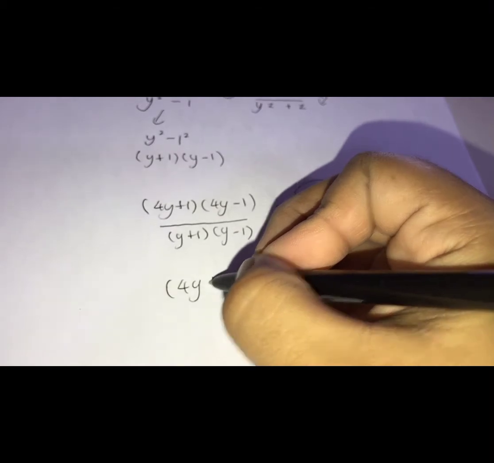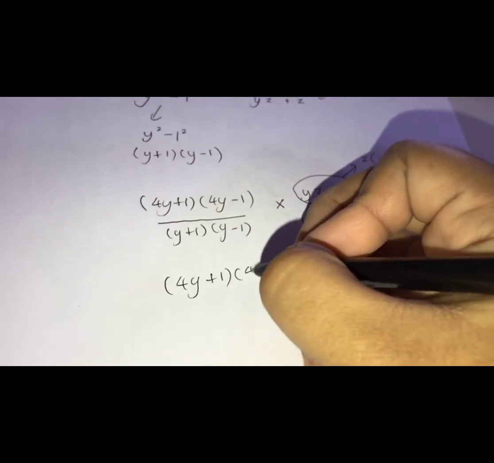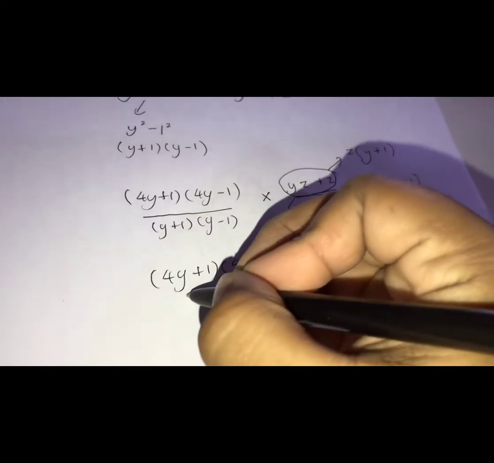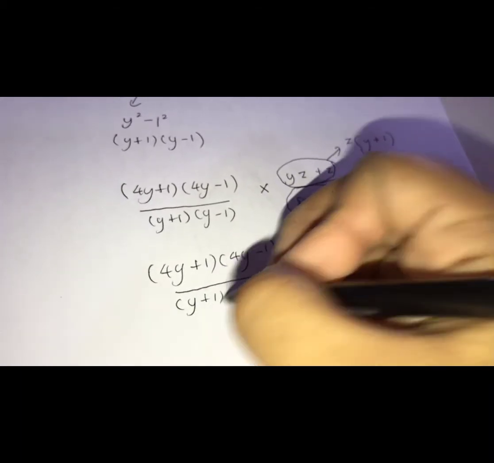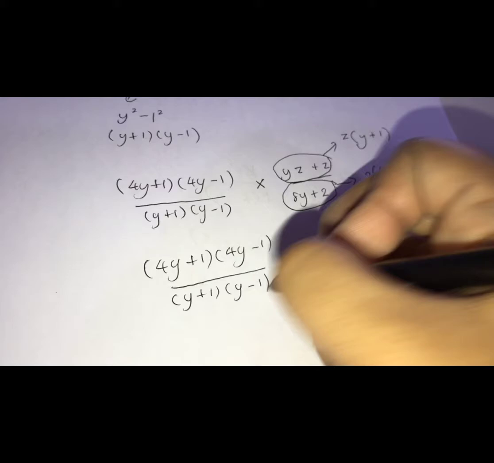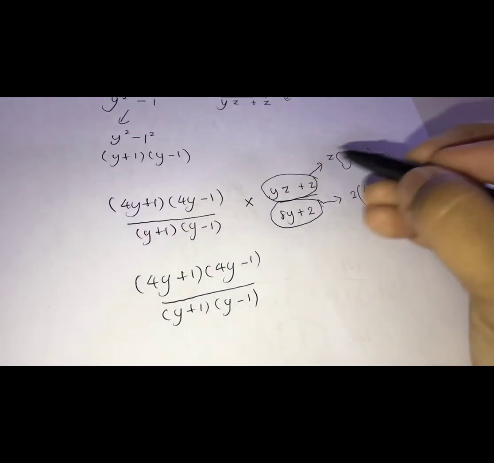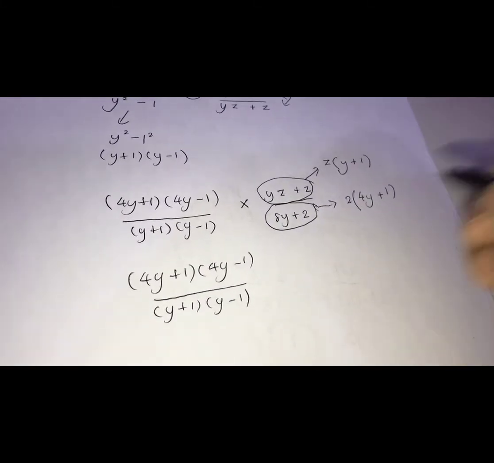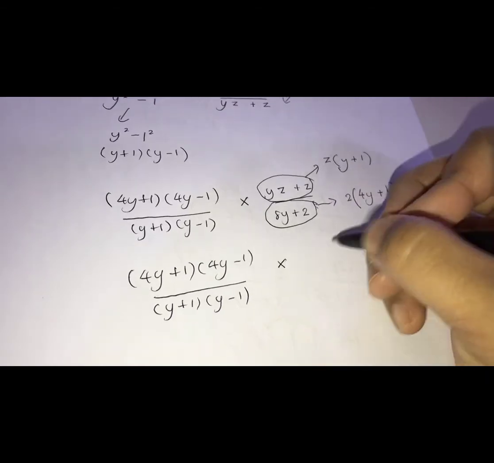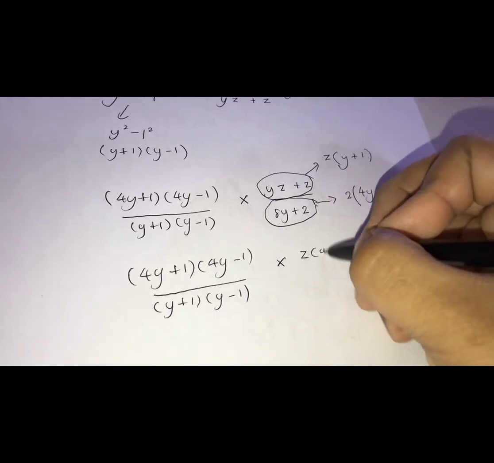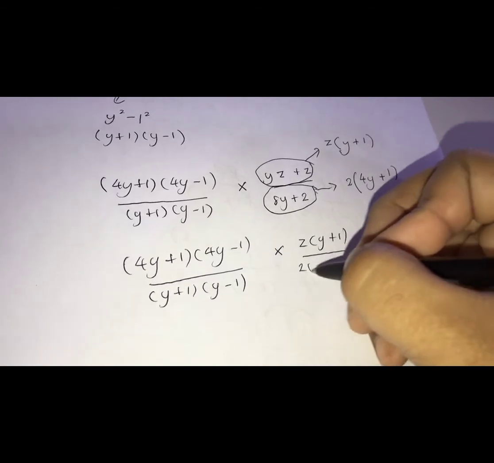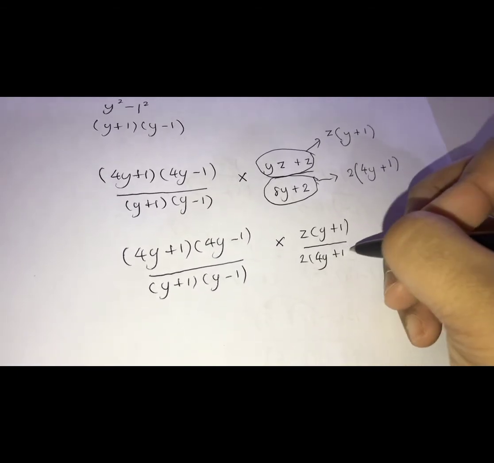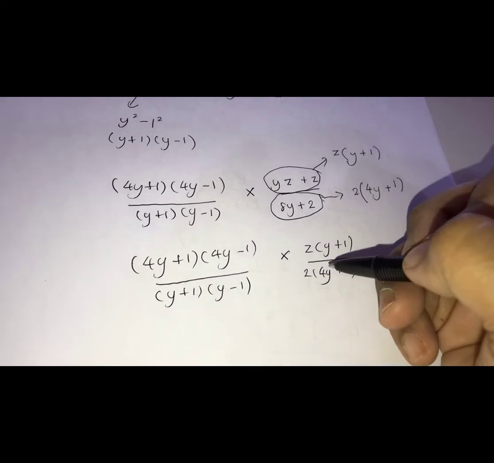Then (4y plus 1)(4y minus 1), (y plus 1)(y minus 1). Actually, you can straightly write this in the form of factorization. This one I just want to show you the step. Now after you write in the form of factorization,